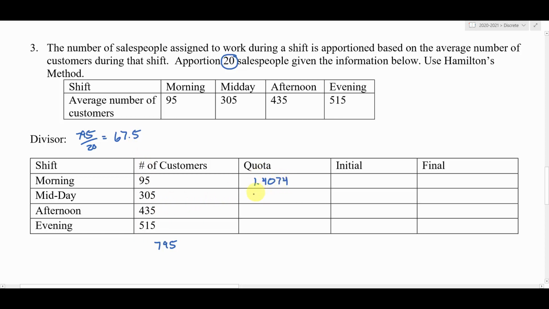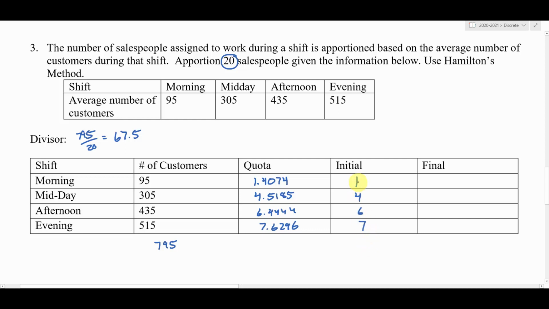1.4074. And then we got 4.5185, 6.4444, and then 7.6296. All right, and then in Hamilton fashion, we're going to chop off those decimal portions and get an initial here. So we got